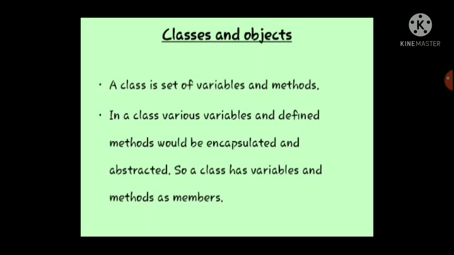What is a class? A class is a group of variables and methods. What all a class can have is, it can have variables and methods. Variables can be otherwise called as attributes of the class, and methods are the functions that are executed by the class members, by the class attributes. So these variables and methods are called as the members of a class, right? So these variables and methods that are the class members are encapsulated, they are binded inside the class with opening brace and a closing brace, right?